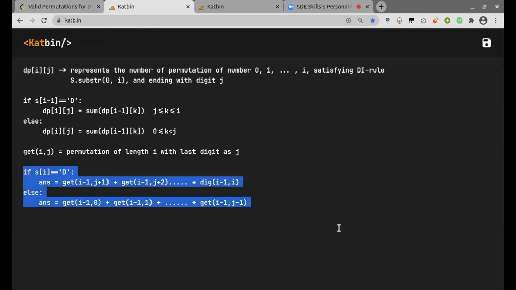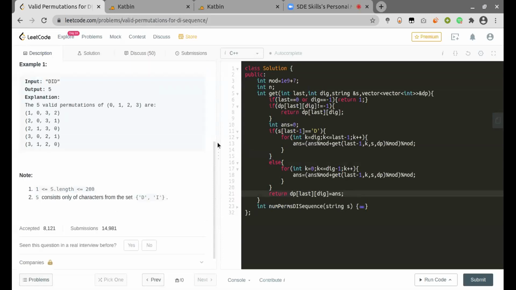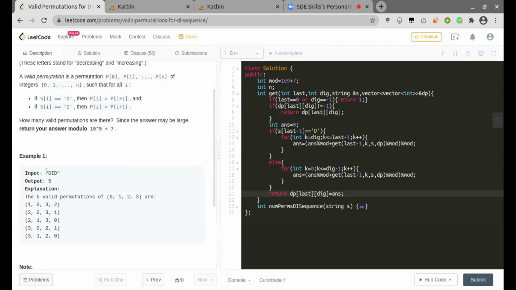But the main idea will remain the same, which is we are just recursively making our problem smaller and smaller in each step, since we are reducing the size of the permutation, which is last, to last minus 1 in each of the steps. And our base case would be there is no element present in the string, which is last will tend to 0. Since at each step, digit always goes from 0 to the length, this won't be considered.